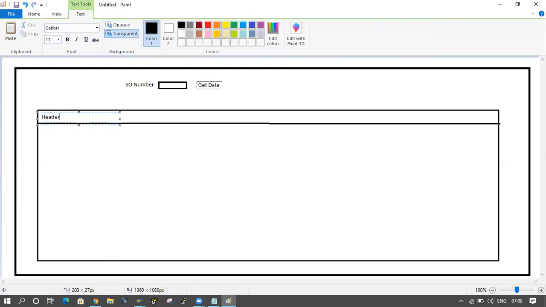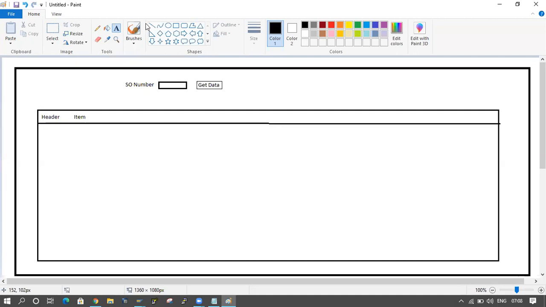So header, item. Okay, two tabs I'm taking here. Okay, header and item. So how the screen is coming in the VF03 transaction?